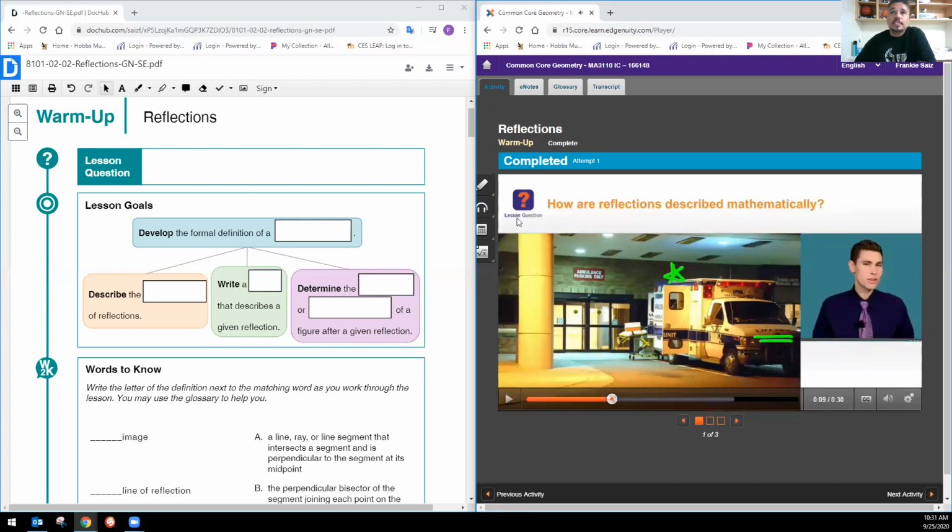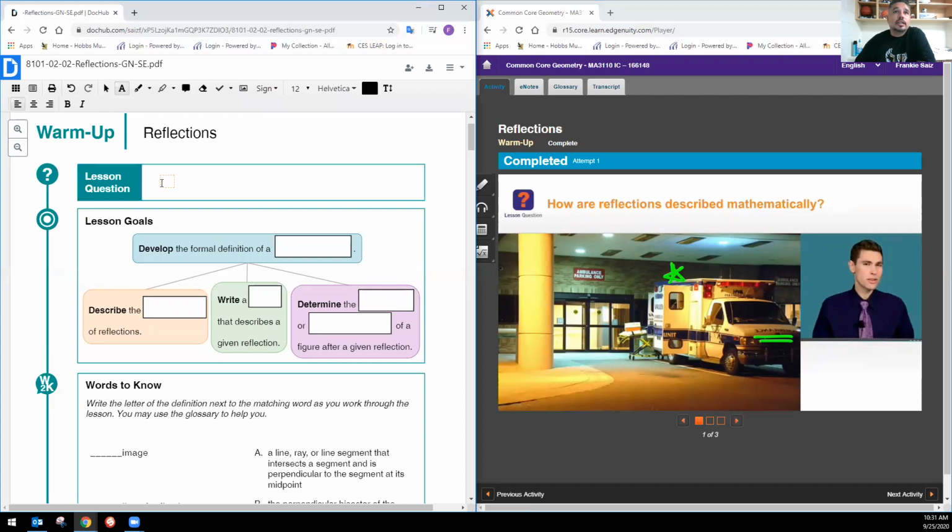But look, there's my lesson question. My lesson question's right there. How are reflections described mathematically? So I'm going to take these right here, and I'm going to put my cursor there, and I'm going to type it in. How are reflections